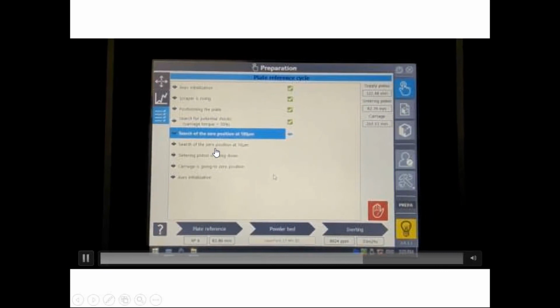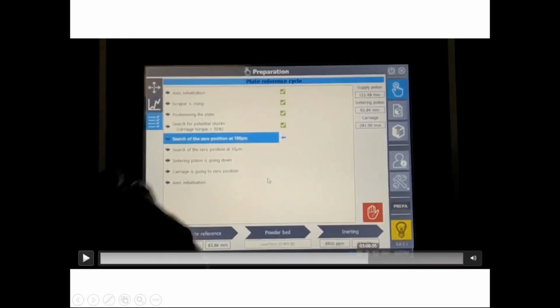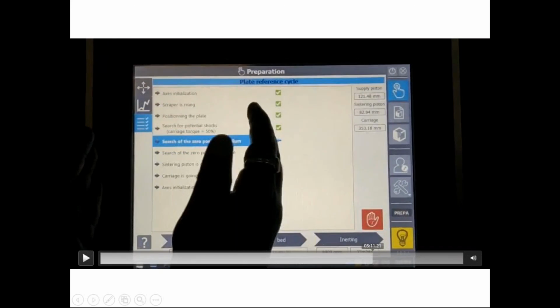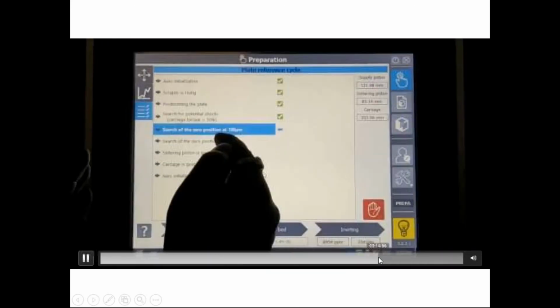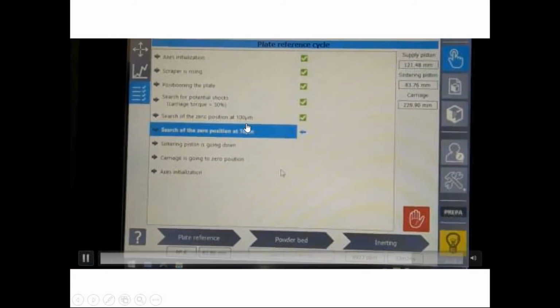Here see, now search of the zero position. See, the carriage is moving over the build plate for checking reference. Now it goes down. Now the roller touches the build plate.